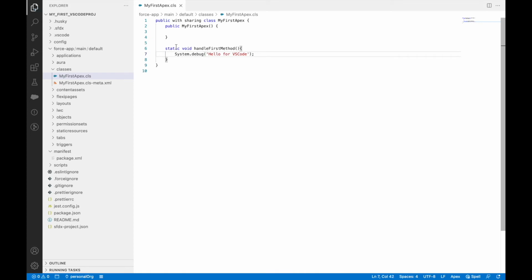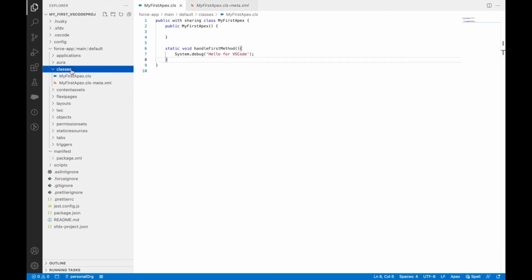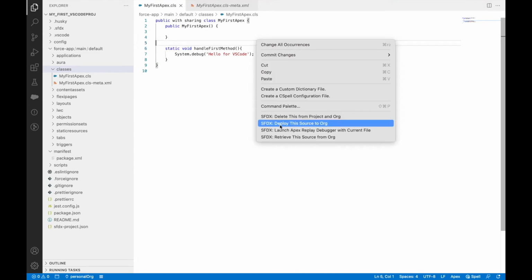All right, I'll just save my Apex class here. Now you see that my classes folder has an Apex class present, but do you think this file will be present on my org? It won't be, right? Because you would have to deploy this file from your local repository to your org. To do that, you can simply right-click and say deploy this source